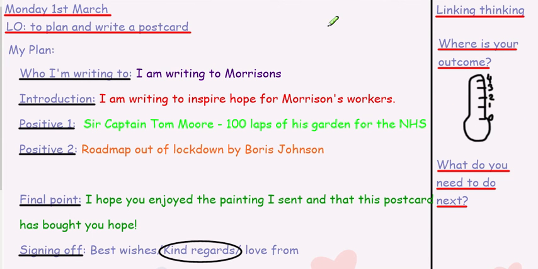You might still be thinking, actually, I'm still a little bit stuck. So in terms of writing a postcard and how to structure it, you could put yourself at 1 and say that I need a bit of help explaining some of the positives in this postcard, and that's fine. I'm going to put myself at a 2. What do I need to do next? I need to edit my work and check that I have used some of the English